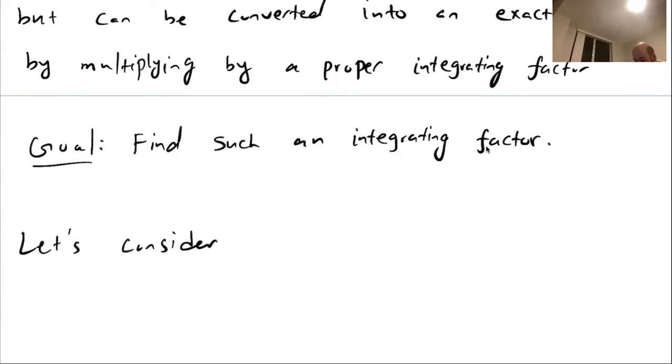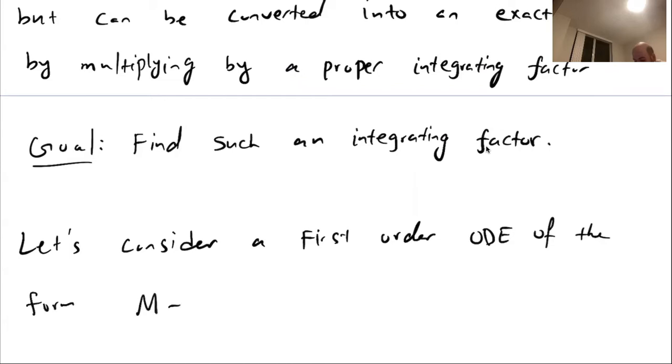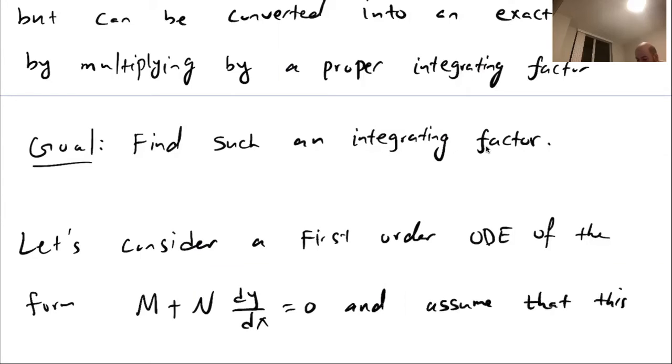Let's consider the first order ODE of the form M plus N dy/dx equals 0, and assume that this equation is not exact,